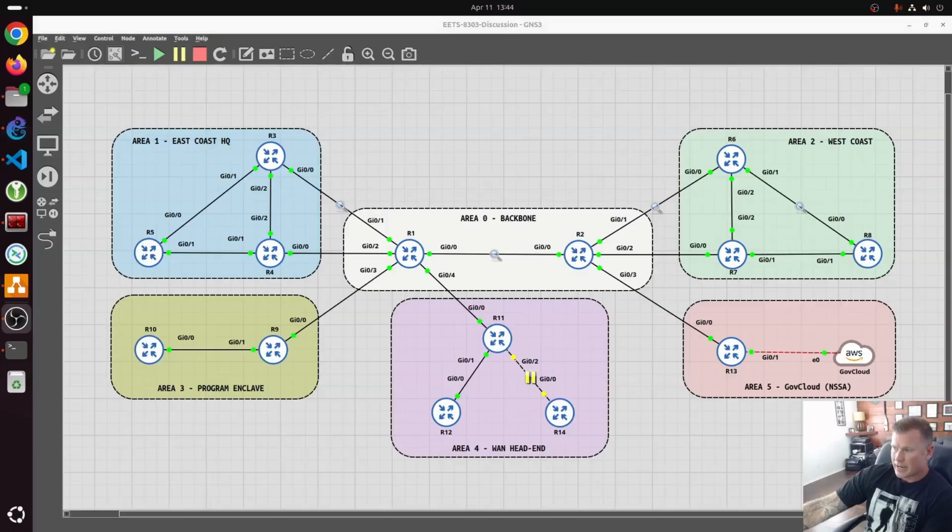Let's now look at Area 4. Area 4 is the WAN aggregation point. Every remote field office terminates here through router 11. This is the common head-end criteria. All remote sites share this aggregation point. So now if we head over to router 11